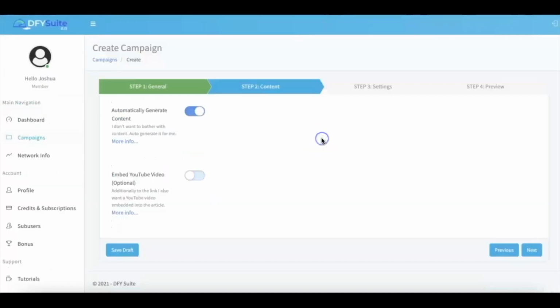All right, so those are the biggest updates that we are providing in version 3.0. So, we're excited to have this out there, and we're excited to have you on board. So now Done For You Suite is the premier Done For You rankings platform out there for any language and for any location worldwide. We have 5 times the amount of sites in our network, which pretty much gives us 5 times the amount of ranking power. You'll be able to get a lot more links per URL that you submit. All of your campaigns will be going along with artificially intelligent content,